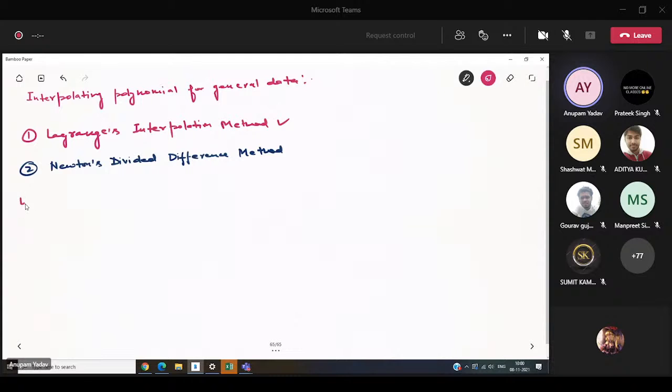So let x naught comma f naught, f naught means f of x naught, x1 comma f1, f1 stands for f of x1, xn comma fn are the given data points